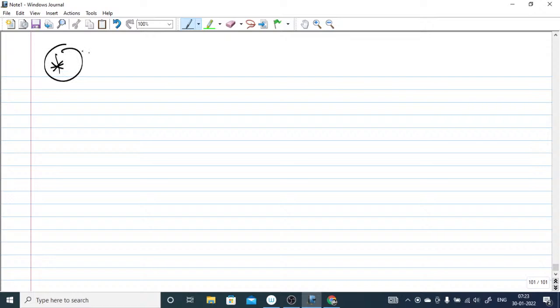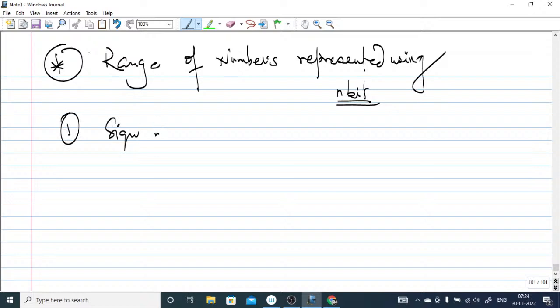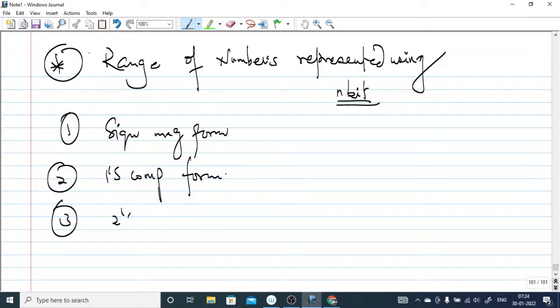And now we will talk about the range of numbers represented using n bits in all those 3 forms, right? From this also a question can be expected. Range of numbers represented using n bits, in all those 3 formats. So number 1 is sign magnitude form, and number 2 is one's complement form, and number 3 is 2's complement form,